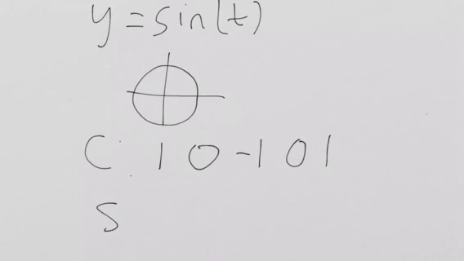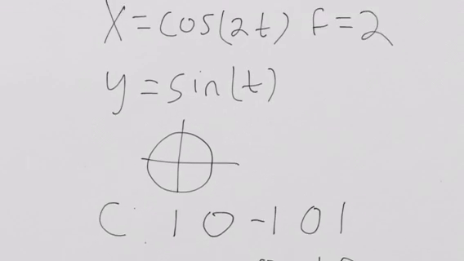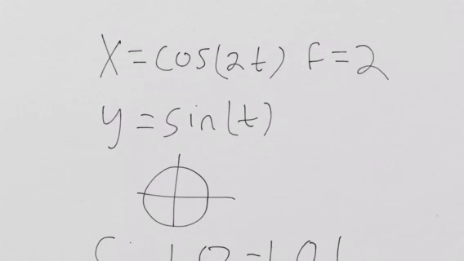And then sine, its cycle is, it starts at 0, it goes to 1, back to 0, -1, back to 0, right? 0, 1, 0, -1, back to 0, right? And sine is positive, positive, negative, negative. So what's happening here is that cosine is cycling twice as fast as sine, so x is oscillating twice as fast as y. So what happens is between 0 and pi,